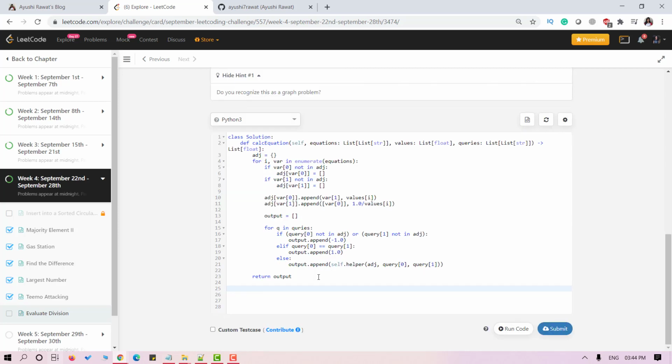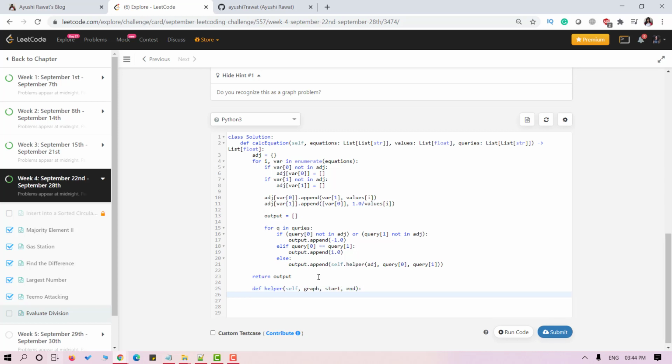Now let's define our helper function. We are passing three parameters here: the adjacency list, query[1] and query[0]. So we'll store the adjacency list in graph, query[0] in start and query[1] in end. Now we'll maintain a queue of nodes to visit and the value computed so far.